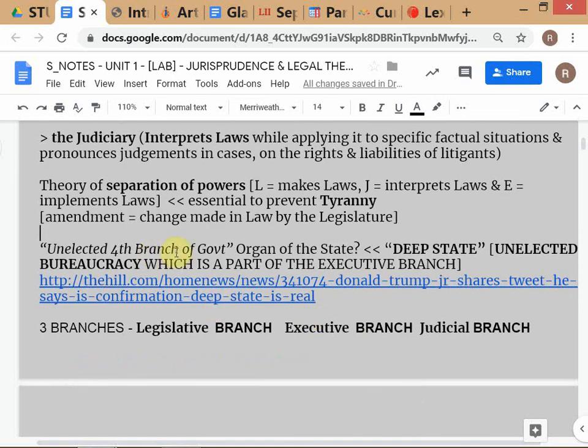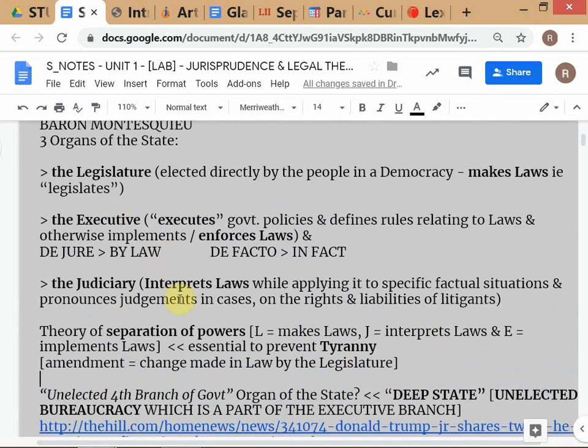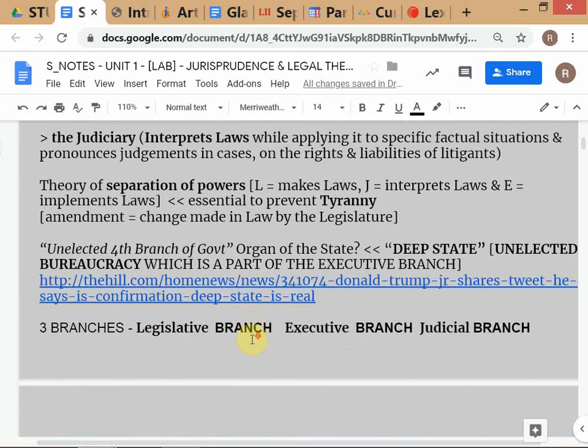So we need to look at the unelected sort of sub branch. This is an idea I wanted to give you, because in the Pol Science textbooks you will see only these 3 branches, because they don't update the textbooks to reflect what is going on in the real world.